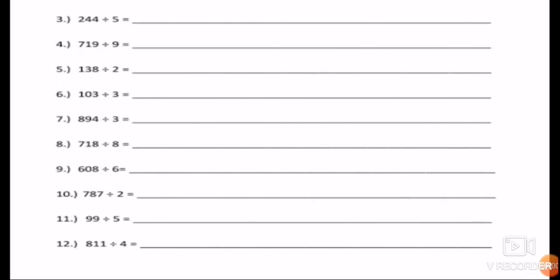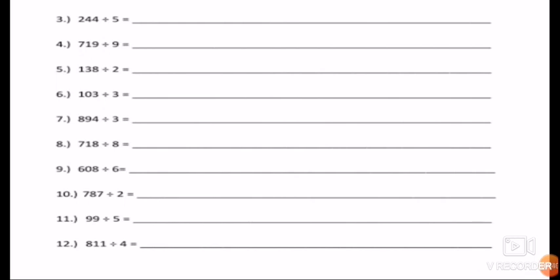Okay, now the 11th question. Tell me first what will be the rounded off of 99. Now here the 100 place is not there, but on the tens place you have 9 and on the ones place you also have 9. The 9 which is given on the ones place is more than 5, so 1 will be added on the tens place. So 9 plus 1 will become 10. So the answer will be 100. 100 divided by 5, then what will be the quotient? Yes, that's correct. The quotient will be 20, 5 2s are 10.